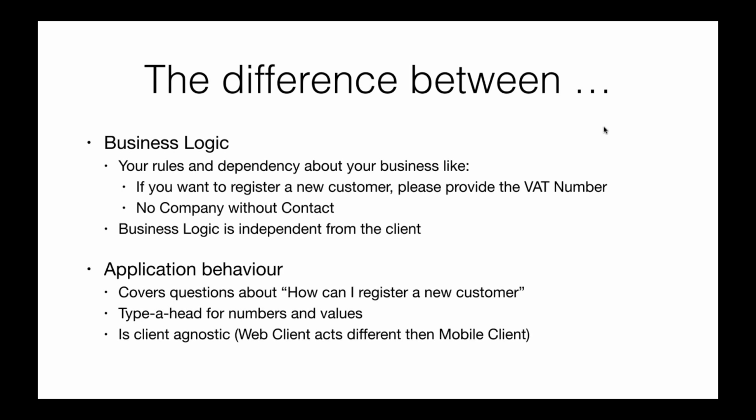Those are typical business rules at WebGate. And our business logic is implemented so that you can't save the record. You will get a violation if you want to save a record without all this information, without the billing address, without the direct contact. So that's business logic. It doesn't relate to any